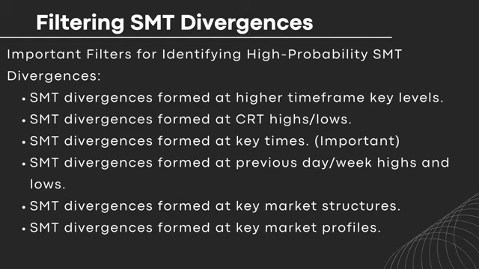Another important filter for SMT is that high probability SMTs are formed at key market profiles. What I mean by that is that the best SMT are formed during certain profiles, right? Such as the manipulation profile and the reversal profile. And price tests a key level, and then that particular market profile, such as the manipulation profile or reversal profile, occurs at a key time such as the London Open or New York Open, and with that it also tests a key level, and then there is an SMT